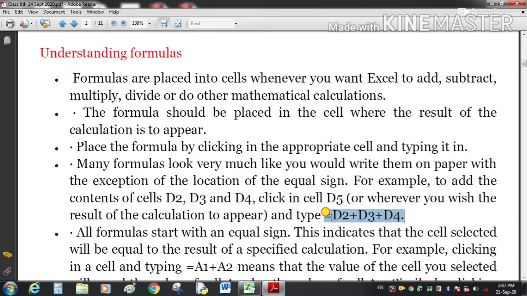It means in cell D5 we will get the addition of these three cells by writing this formula.